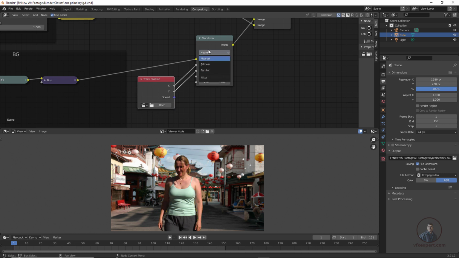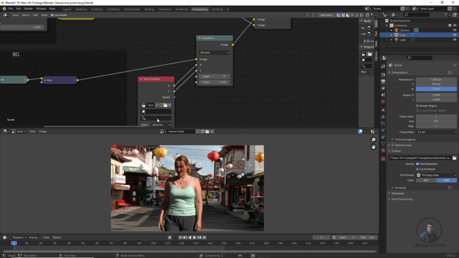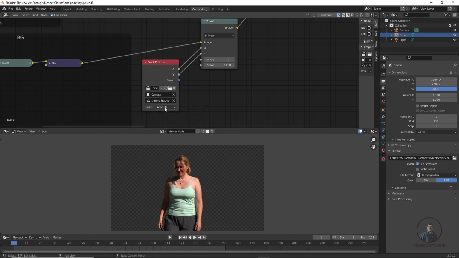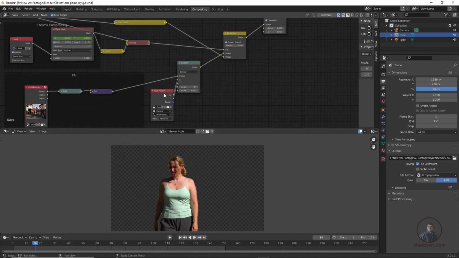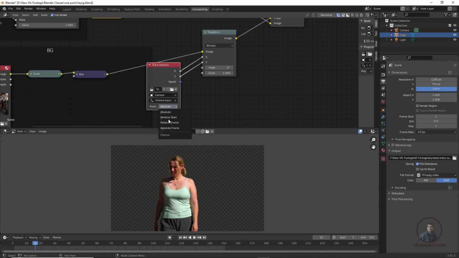Then here you can select this bilinear, or otherwise you can select nearest maybe. After this simply click here. First we have to select our footage, this one. Then we have to click here and select our camera. Then, you can see, for this tracker we have to select chroma tracker. Now simply click here. Here I just selected this one. Then remember this one: again in our positions option, we have to select this Relative Frames here.